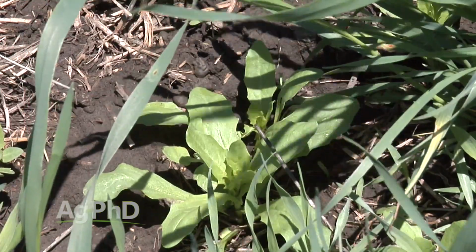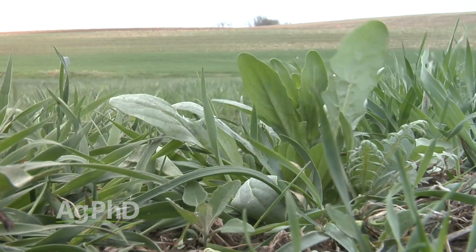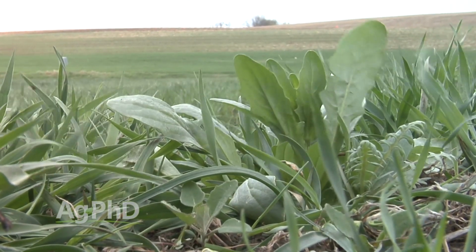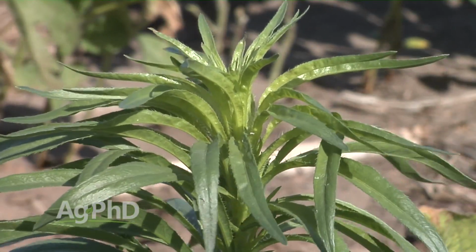Winter wheat, for example, we seed that on our own farm, and every year we have to face certain weeds like pennycress, for example, and there are a number of other winter annual weeds that they get started about the same time the winter wheat does. And pretty often in the fall we think, oh, no big deal, you know, a lot of these weeds will die off in the spring if there are a few weeds. But sure enough, each spring we see a lot of those winter annuals that did survive the winter, and like